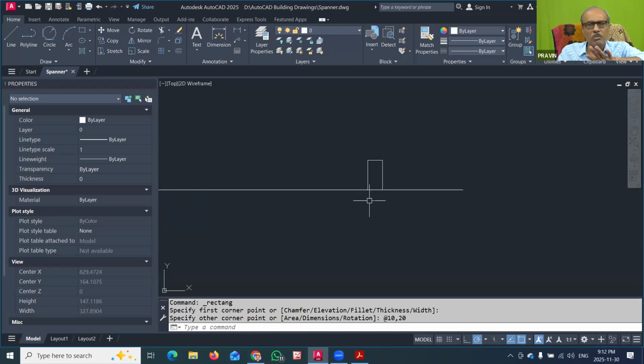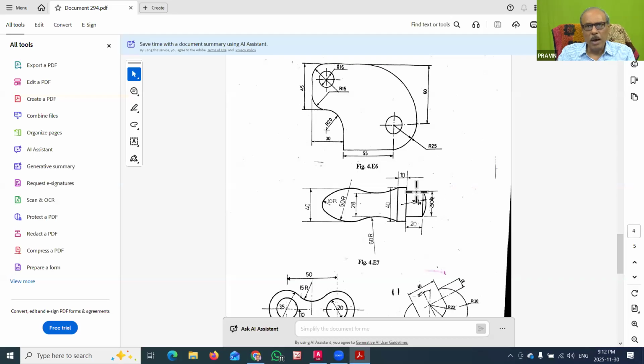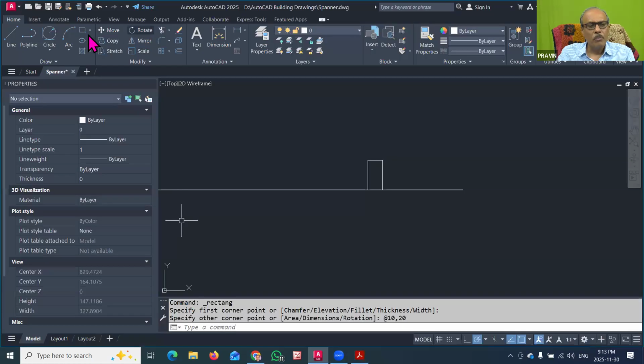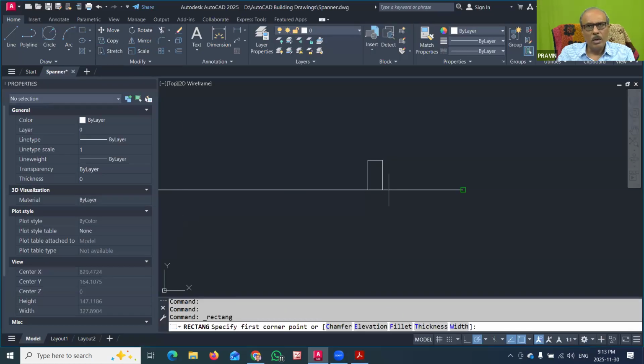So again its bottom part will be the same 20. So I am drawing only the half part. Now with this drawing, this is the part that is 30 by 20, meaning only the half part we have to draw. So it will be 15 by 20. So 20 horizontal, 15 vertical. So I will again go to the rectangle command here and draw the rectangle from this corner, and I will type the size, and the horizontal distance will be 20 and the height will be 15.